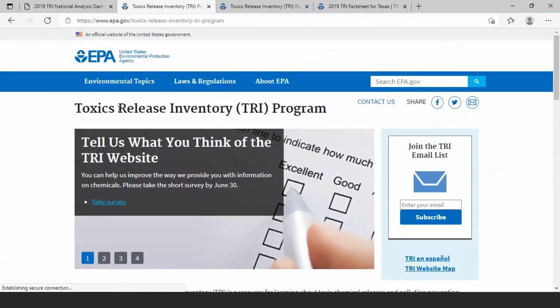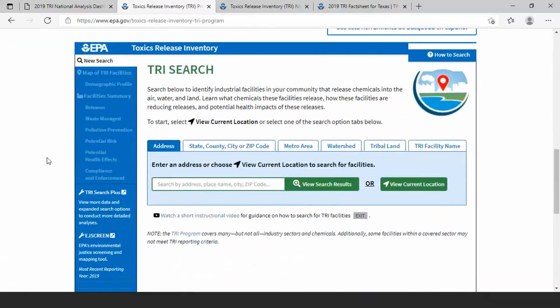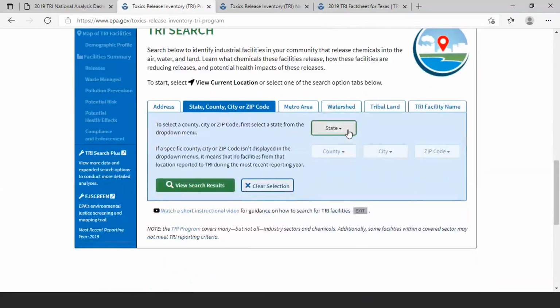So now I'm on the TRI program homepage rather than the national analysis. And down here is this new TRI search interface, which allows the user to input their state, county, or zip code, but also look at a certain mile radius around that zip code. Once you have results pulled up, you can select how many miles of a radius you would like around that search location. And we added that functionality specifically to get at the concern that you're sharing about how